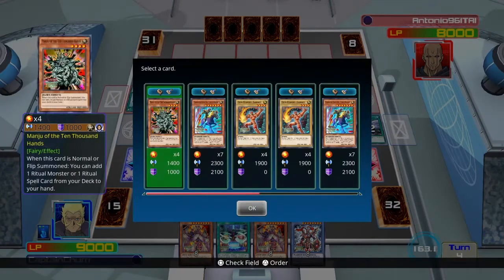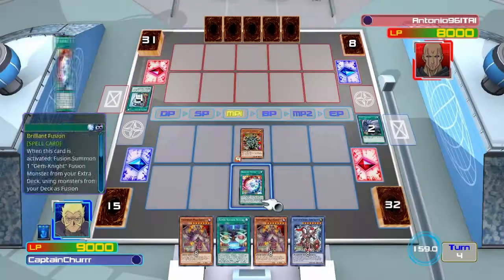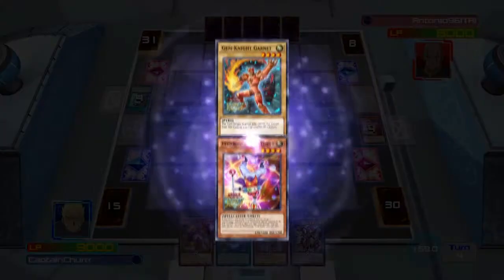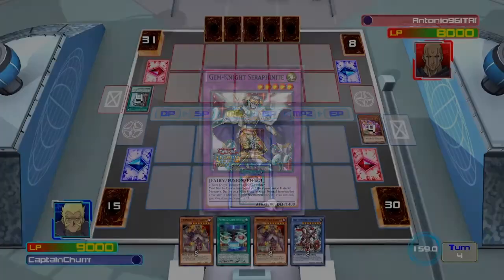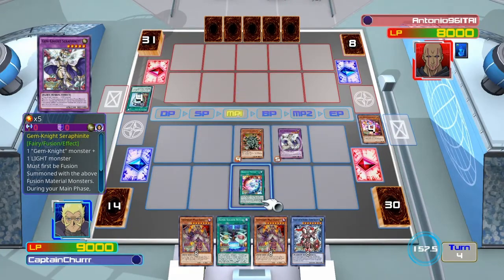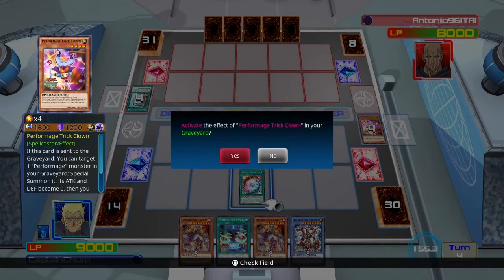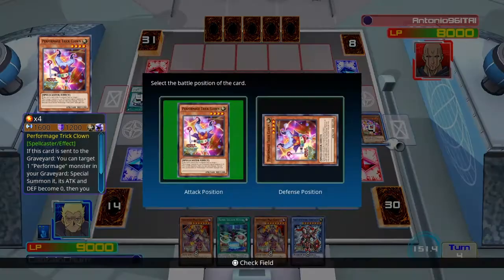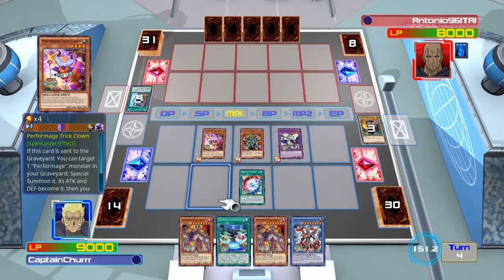personally you can live with it because you only need to use Brilliant Fusion once, and pretty much when you use it, and you have to create the conditions first, you know, make sure the opponent's back row is cleared, but for the most part you just need to use it once and it's game over. But